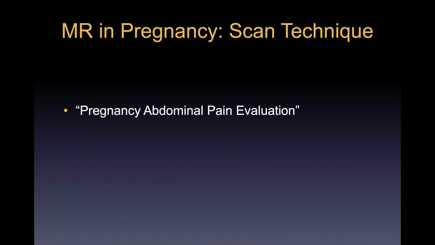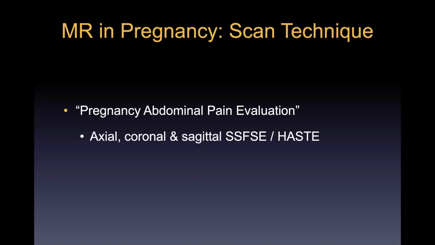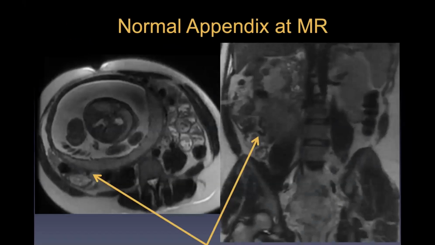We just have an MR abdominal pain protocol, so the residents can just order this and get this going. And then we can look at the scans with them when they come up in the middle of the night, which they always do. It just includes a lot of single-shot HASTE images in every plane, trying to get a good look at that appendix. We like to get a T1. And then if the patient can manage it, having a fat-sat T2 is sometimes nice to look for edema, but not critical if the patient is uncomfortable on the scanner. So, a pretty simple protocol. You, of course, do not want to give gadolinium in pregnancy.